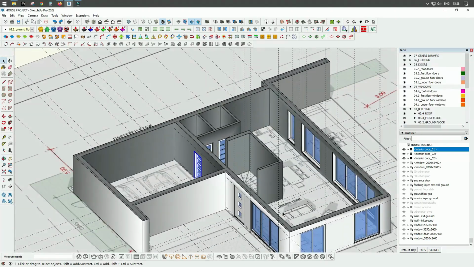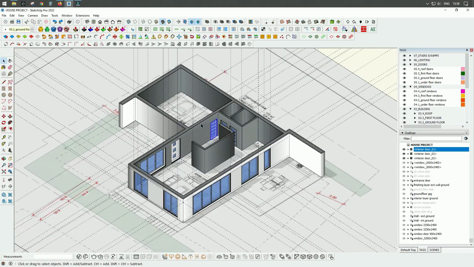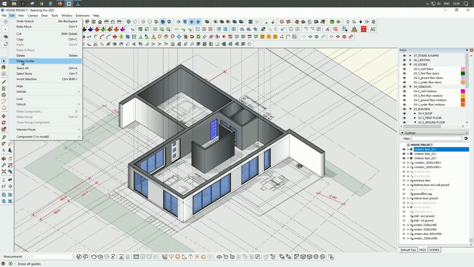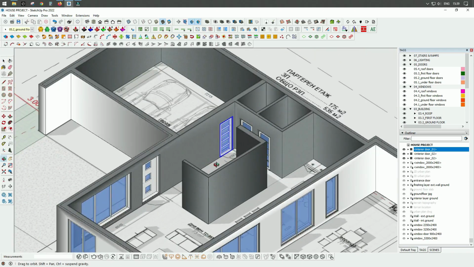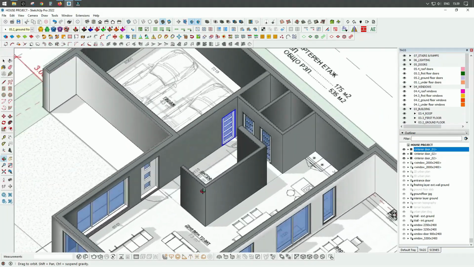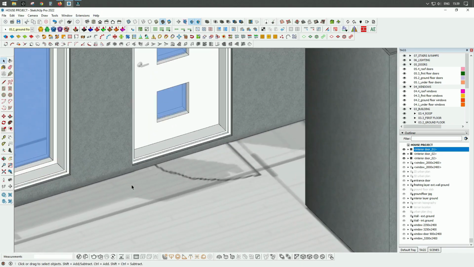In order to start in a clear way, I will delete again all these reference lines, the guides. I will go to edit and delete the guides. So now we are ready to continue ahead and create our floor finishes, and they will be 75 millimeters